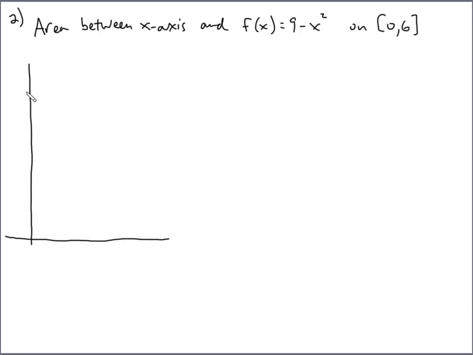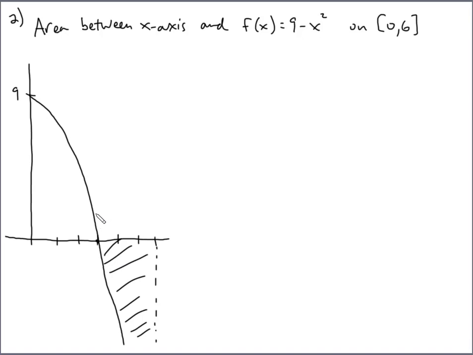So its y-intercept will be up here at 9. Again, if we plug in 3 here, you see that it will get 0, so if we go out to 3, we know it's going to cross the x-axis right here. The integral is from 0 to 6, so we have to keep going. So if we draw the function as a parabola opening down, we'll see kind of similarities between this and the example problem. Again, I can't quite fit all of it in there, but the idea is that